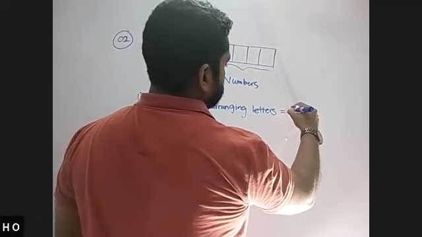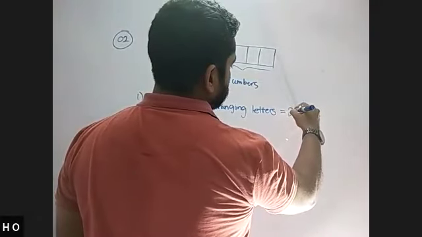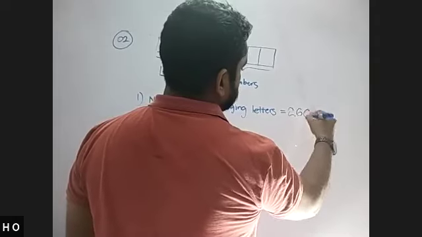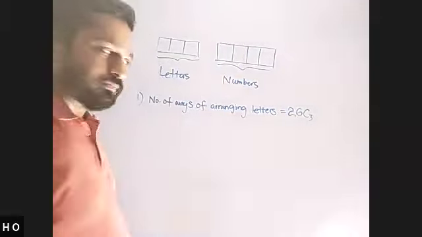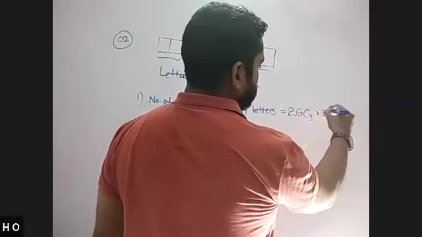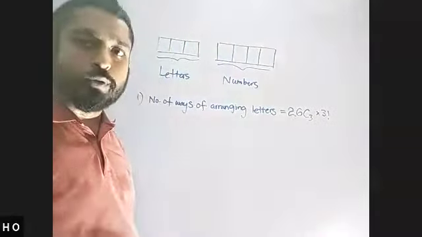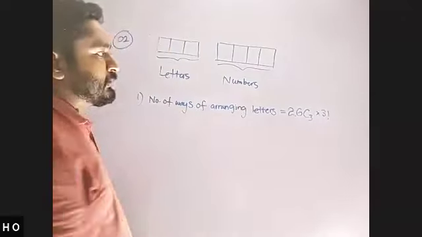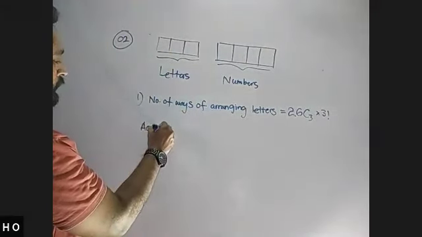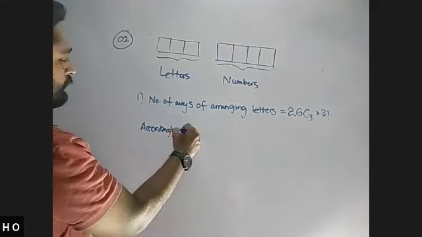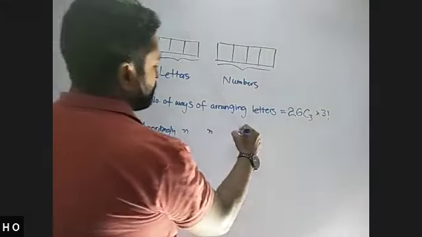So 26 C 3. You choose 3 letters and you have to arrange them in between. According to those two, you write down accordingly the number of ways of arranging